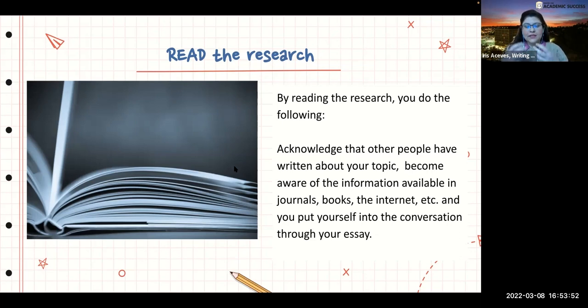So reading isn't just a matter of, oh, let me get through all of these things. You have to think about why you're choosing what you're choosing, and when you're reading this information, how you're going to integrate that into your writing, into your assignment, right? And in the next slide,